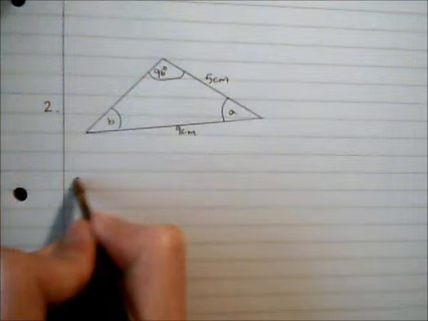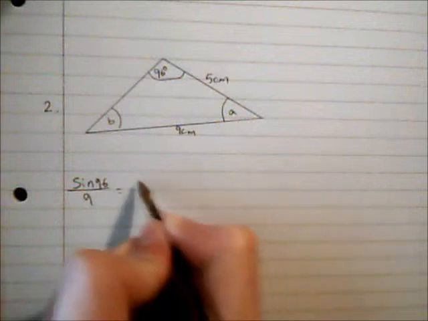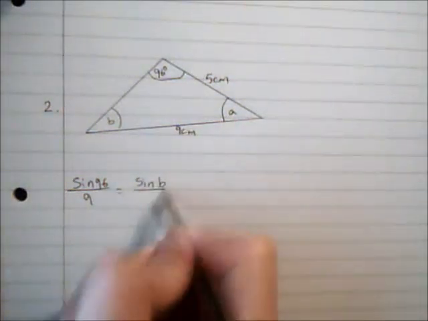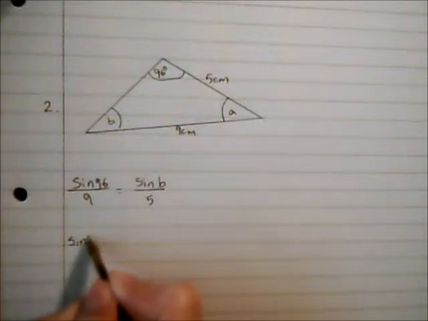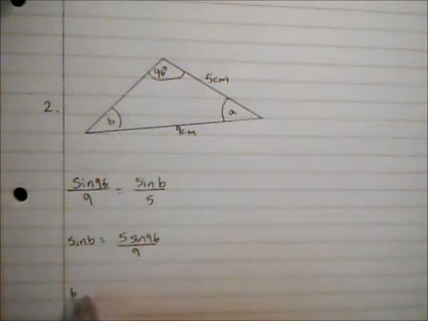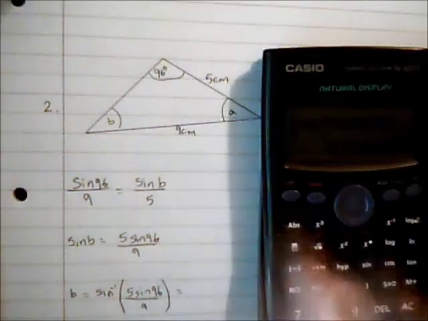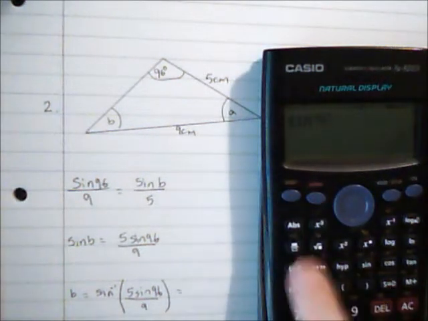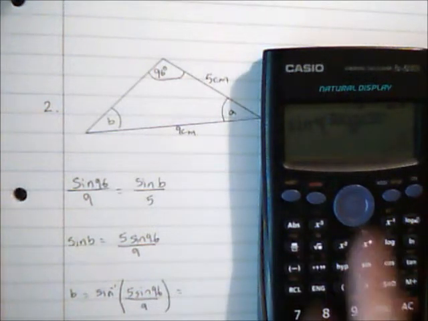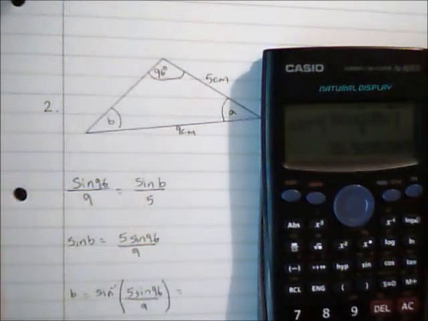So we know here that sine of 96 divided by 9 is equal to sine of B divided by 5. So therefore sine B is 5 sine 96 over 9. So B is going to be arc sine of 5 sine 96 over 9, and I'm going to evaluate that, which is 33.5,